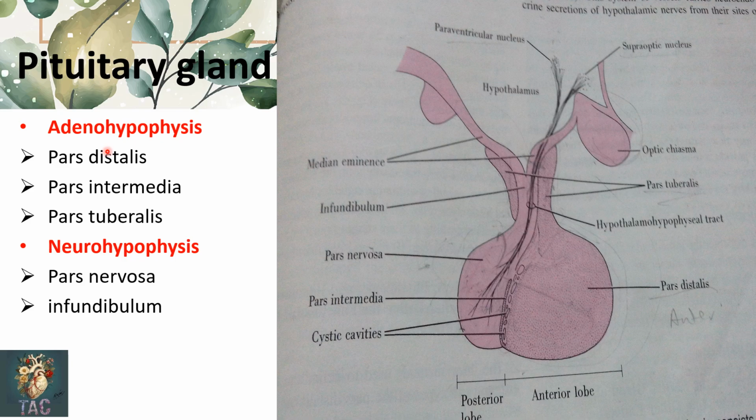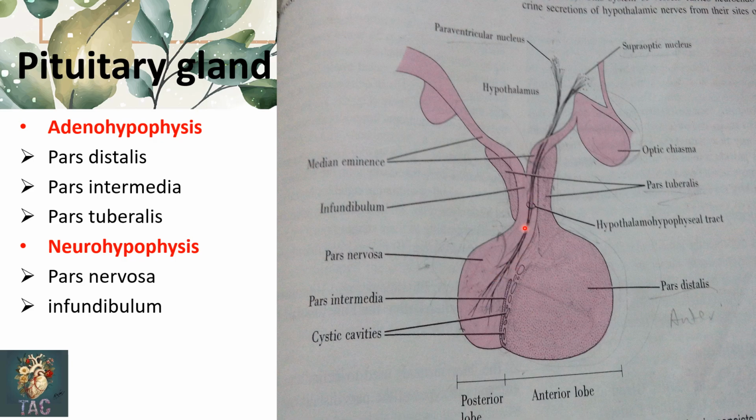Structurally the pituitary gland consists of two different zones, the adenohypophysis and the neurohypophysis. The adenohypophysis consists of the pars distalis, which is also called the anterior lobe. It develops from the anterior part of the Rathke's pouch. Then the pars tuberalis and pars intermedia. The pars tuberalis develops from the lateral wall of the Rathke's pouch, and the pars intermedia is the part that abuts